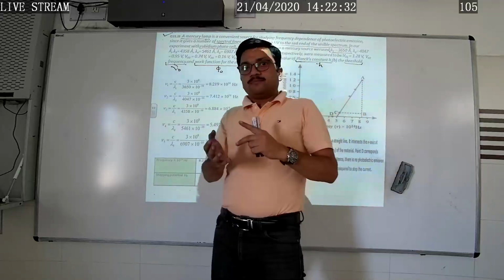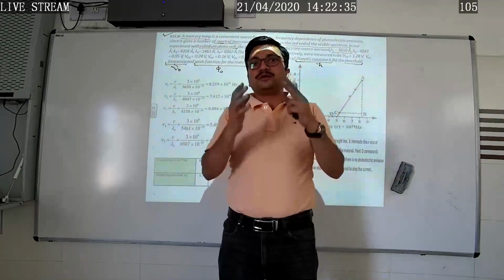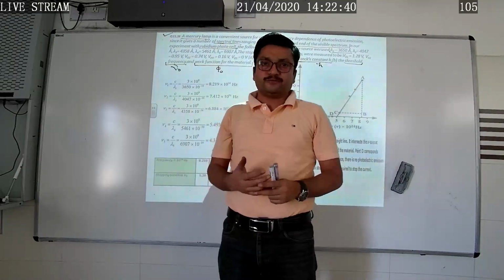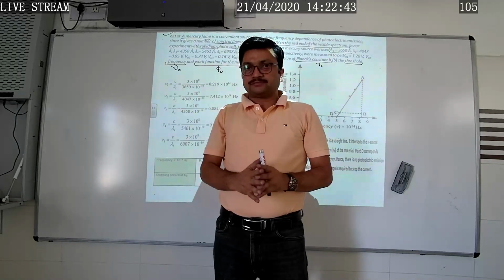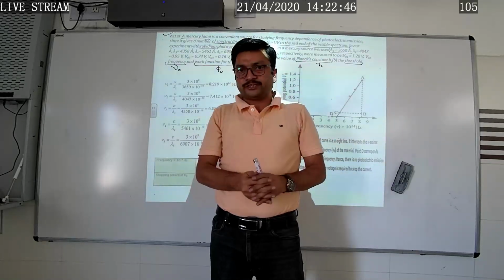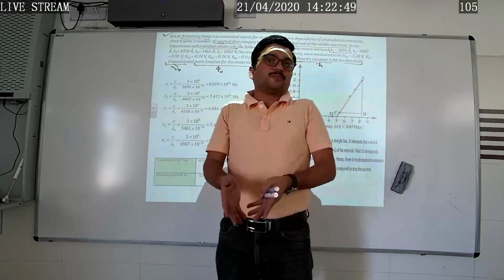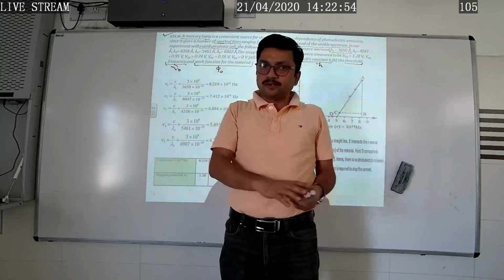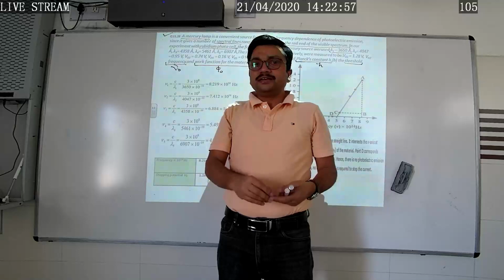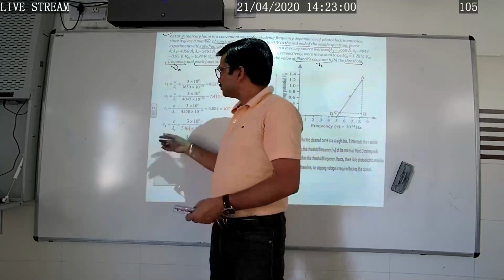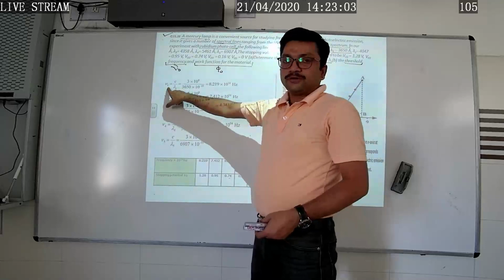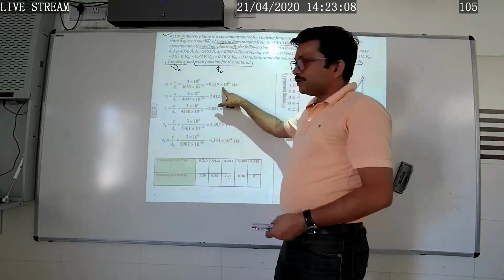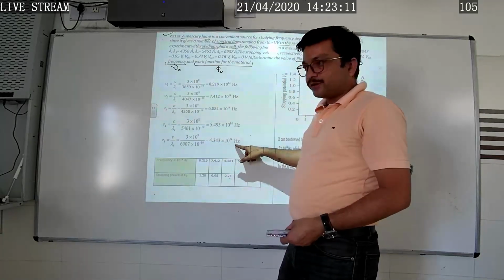First of all, since the wavelength is given, we will calculate the frequencies of these 5 spectral lines. We already have the data of stopping potential, so we will plot the graph between stopping potential and frequency, just like the graph plotted by R. A. Millikan, and accordingly calculate the respective values. Frequency is equal to the speed of light over wavelength, so nu 1 and similarly all the frequencies can be calculated.